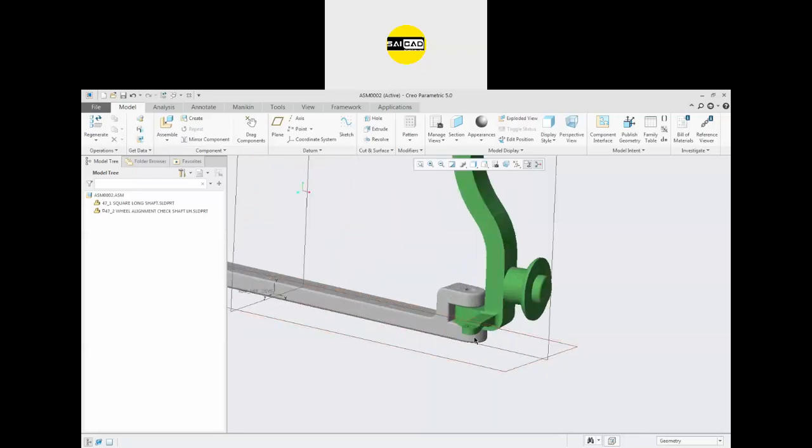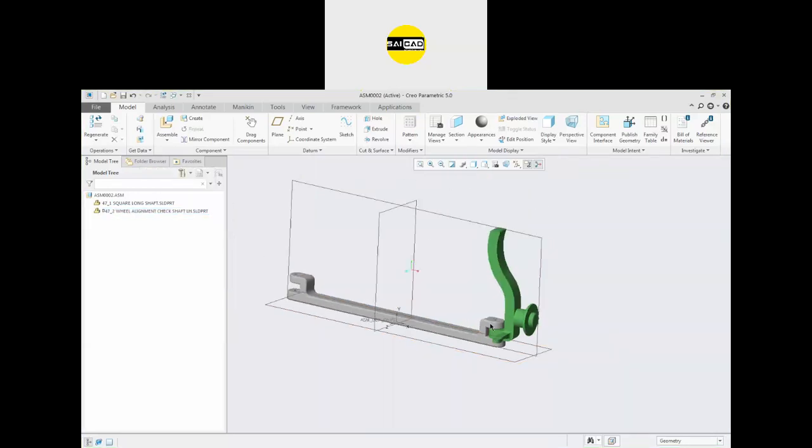To see which part has joints, you can see here the part with the joint will have a rectangular box. You can see right here there is a box, and in that there is a dot. It's a very small dot, so you may not be able to see it properly, but there is a rectangular box with a dot in it. That means this component has a joint assigned to it.